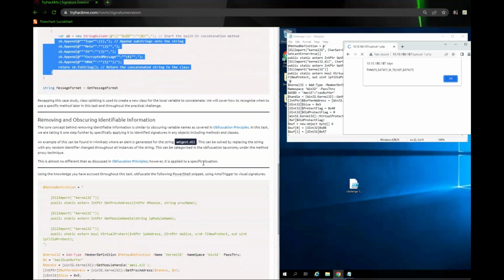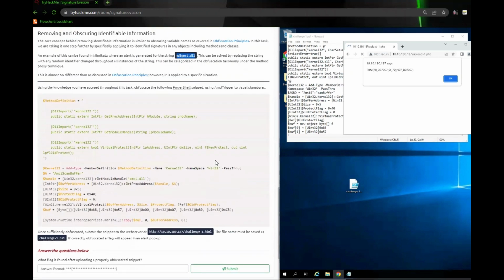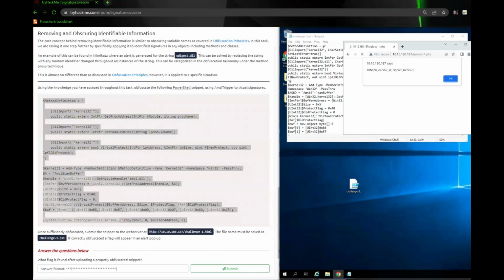And at the end, they mention how you want to change up strings like wdigest.dll, which will raise a signature basically for the antivirus. So to obfuscate it, you would most likely have to replace that string with random identifiers. And then they provide you this code here. Now, I was looking online, and it looks like this one was a challenging one, not just for me, but for other people as well, to the point where they had to actually